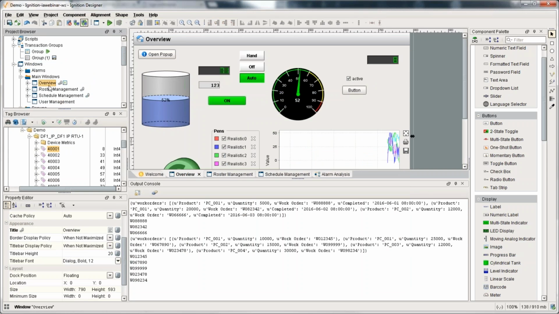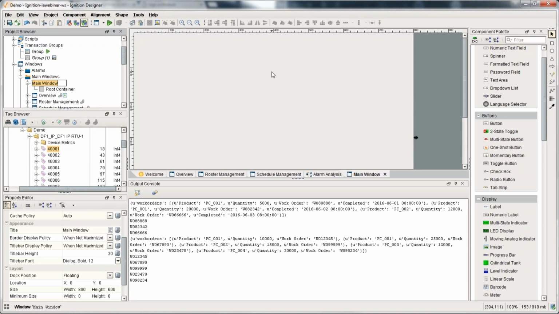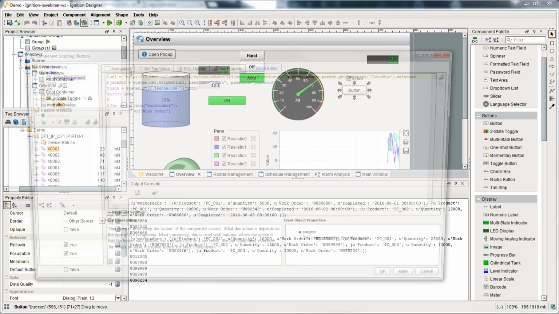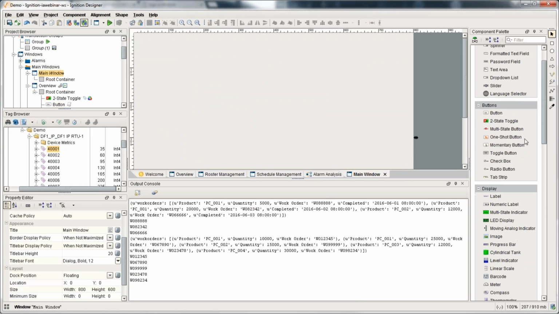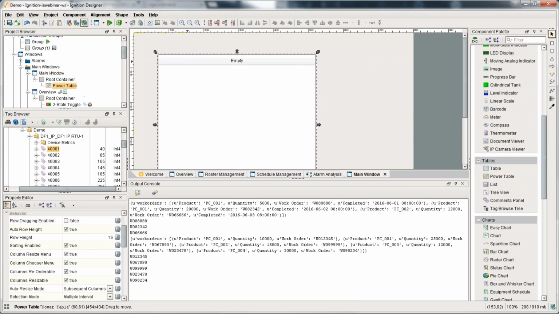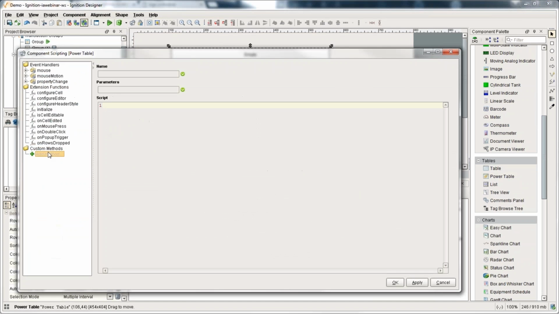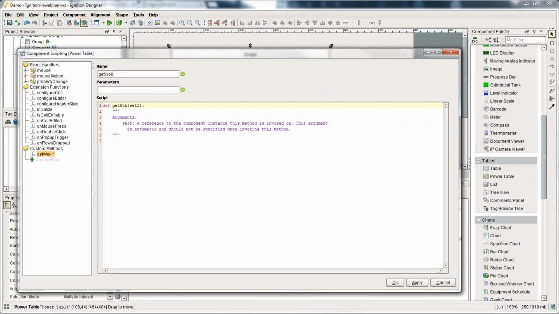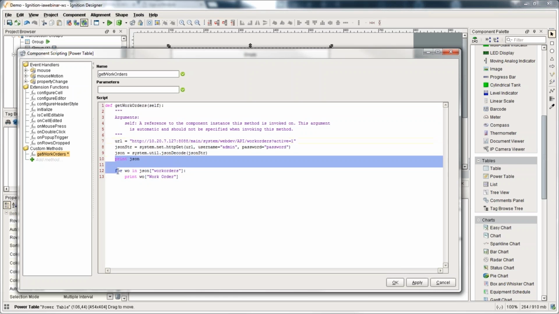But if you wanted to view that information on screen, there's also a really handy way in Ignition. I'm going to go to another screen here, and there's a handy little way, a little trick. I'm going a little bit quick here. This will be recorded so you guys can go back and look at this. There's a trick in scripting as well where you could actually make a function. I'm going to call mine get work orders, and I'm actually going to go through all the work orders